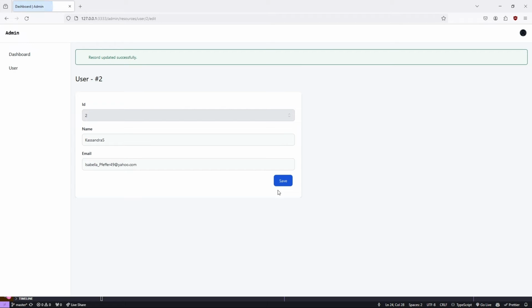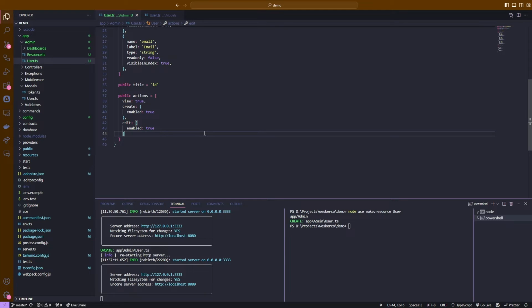So I'll save this, and we'll see that the flash message pops up to say that the record has been updated. Creating and editing a resource isn't the only thing that this admin panel can do. We can also add custom actions to our resource to run things like sending a password reset email to an individual user. So to add these, if I go to our actions object here and add a custom